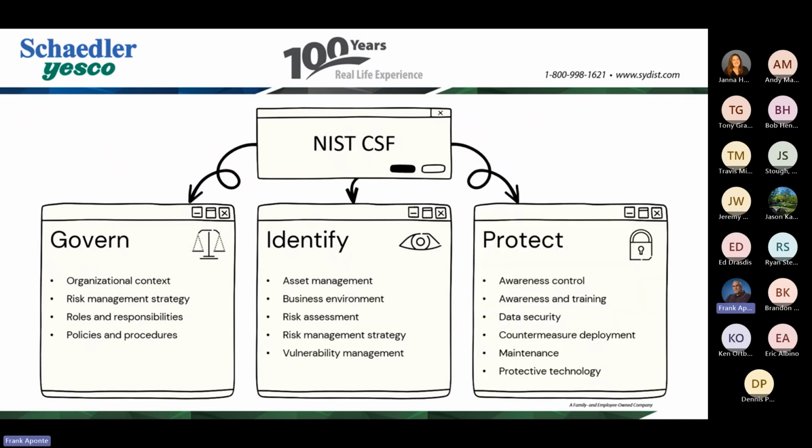The second step is typically protect. So that's where you have awareness controls, awareness and training. So if you have a corporate policy on doing phish email testing, where once a week, twice a week, you are delivered a fake phish email, you have to identify it, report it to your IT group, and then you get a kudos for identifying something. And it gets everybody into the habit of having an eye out for that.